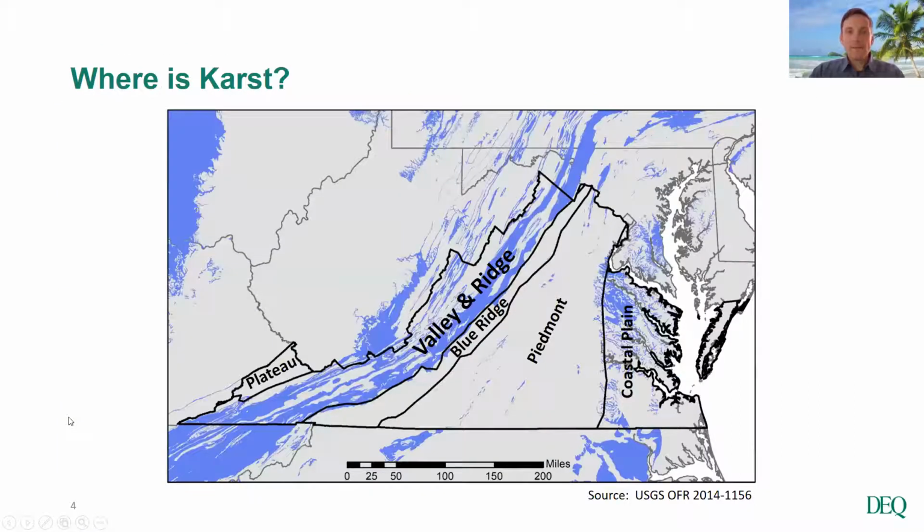So where are we talking about karst in Virginia? This map of Virginia with the 5 physiographic provinces is showing us that when we're talking about karst lands, we're talking predominantly about the Valley and Ridge province. These blue shaded areas are karst rocks, calcium carbonate rocks in Virginia's western region predominantly. There are some dissolvable rocks in other parts of the state, but the main karst bearing units are in